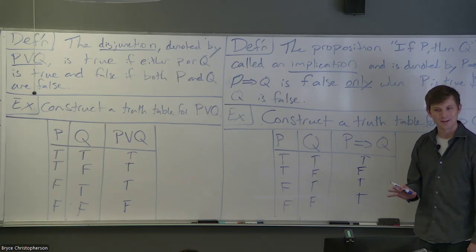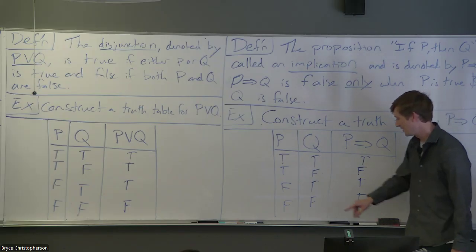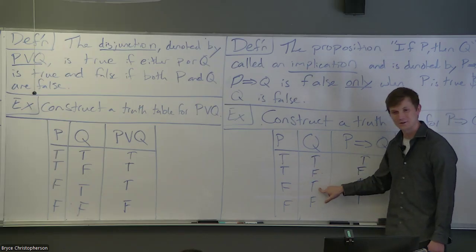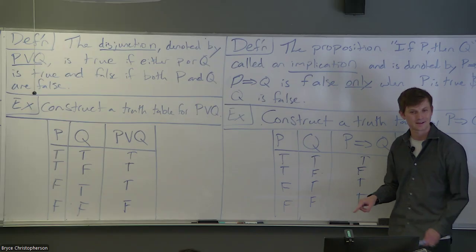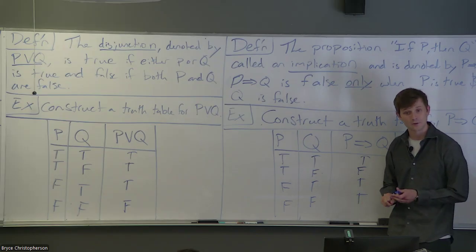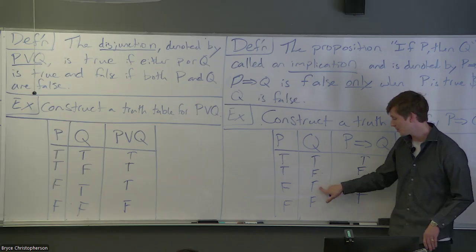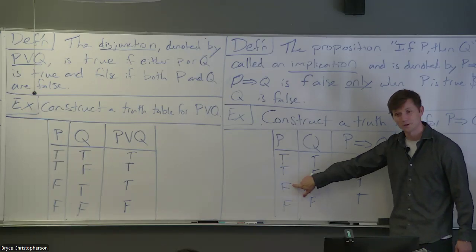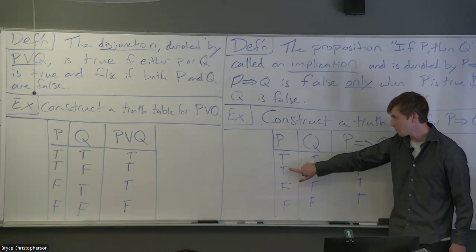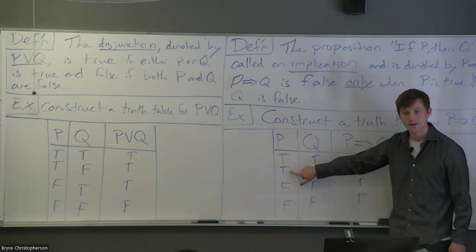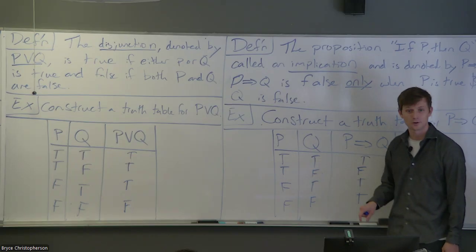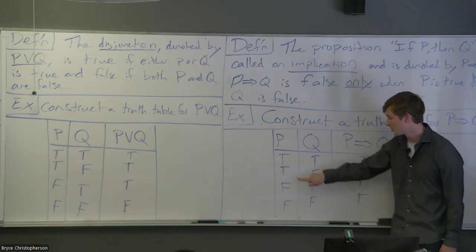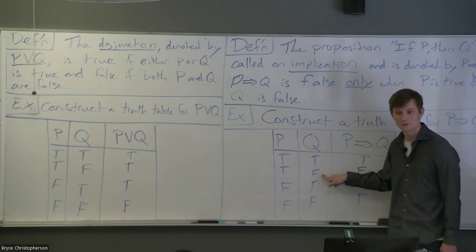I think people don't like this for some reason. I think people want to say, oh, false implies true, that should be false, right? But we're going to say that's true because it may be the case that Q can be true without P being true. What the implication says is that if P is true, that tells you that Q is true. And so the only case where something does not imply something else is when the first thing is true and the second thing is false.